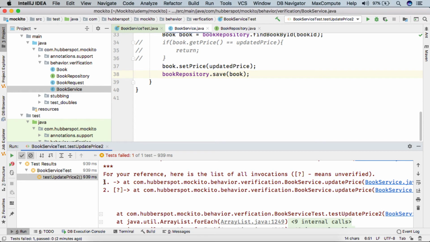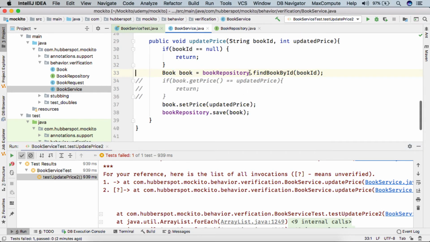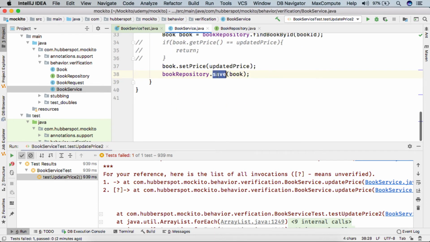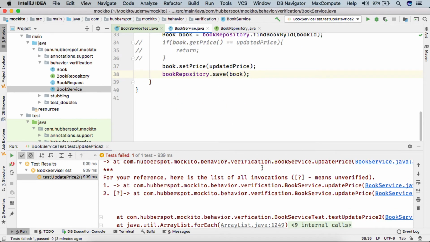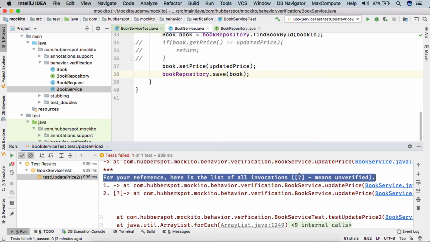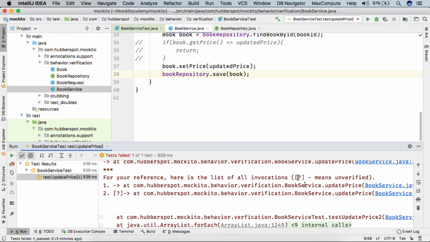Here you see there are two interactions. The first interaction is by calling the findBookById method, and the second interaction was the save method. Mockito also provides something very informative: there is a question mark in square brackets, which means unverified.